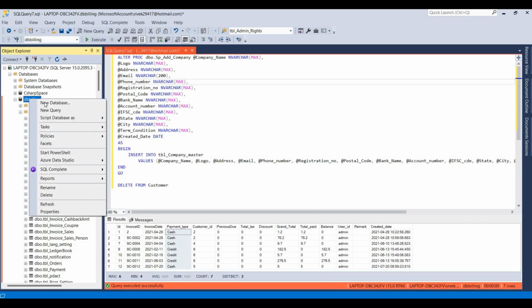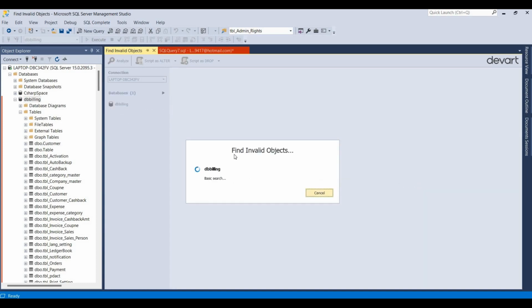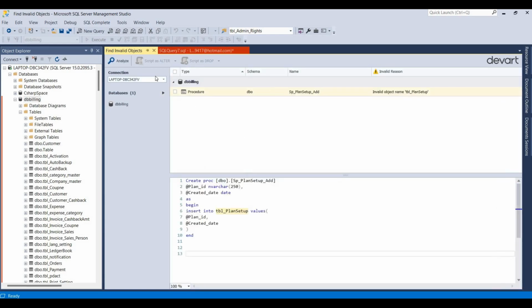And one more thing, you can also find your invalid objects. Simply right click on that database, and here you can choose Find Invalid Objects. So you simply select the database name and then click on the analyze button, so this will analyze all the invalid objects for that database. Like in this table database I have this invalid procedure, so with a single click